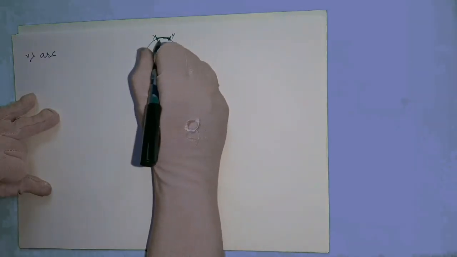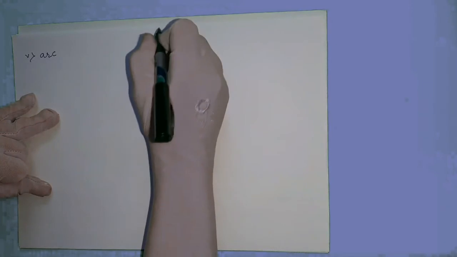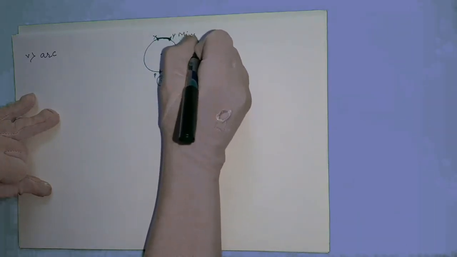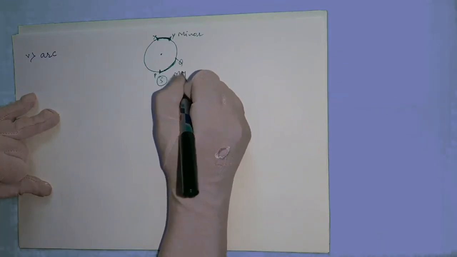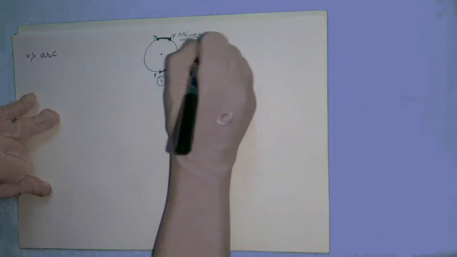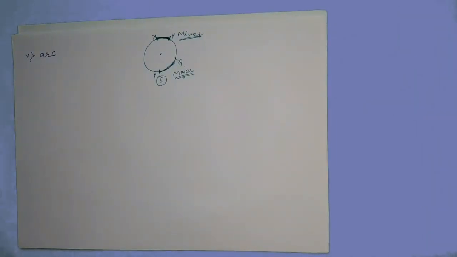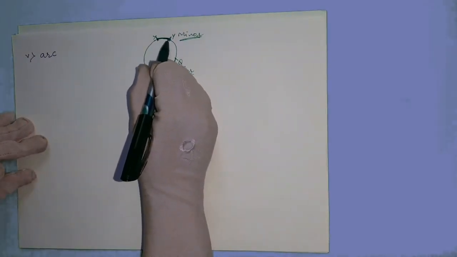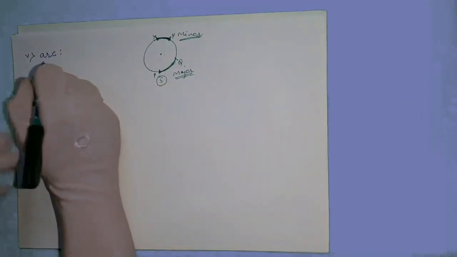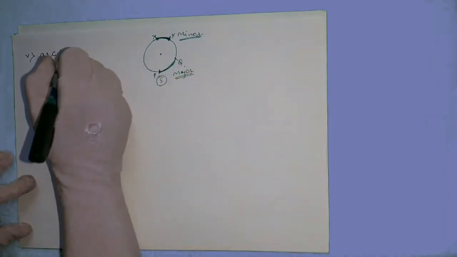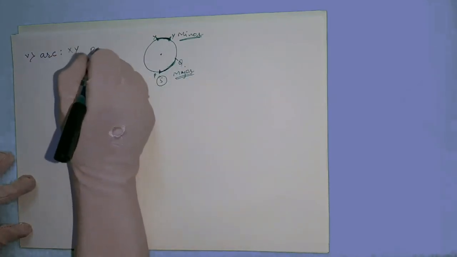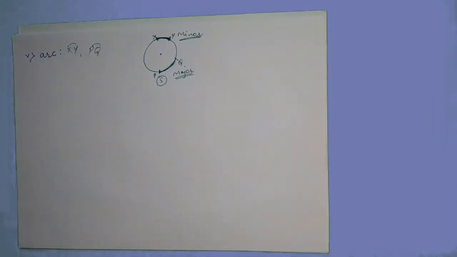This XY will be smaller, as the name itself suggests. Minor means smaller, major means more in size or having more length. That is nothing but the major arc and minor arc. If we are taking a part of the circle, that part is called an arc. Here XY is an arc and PQ is also an arc for this circle. After arc, the next point we are dealing with,